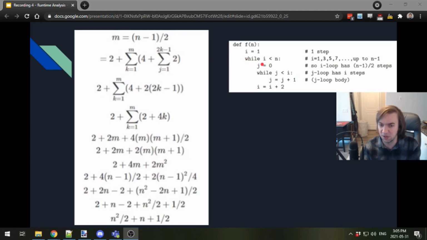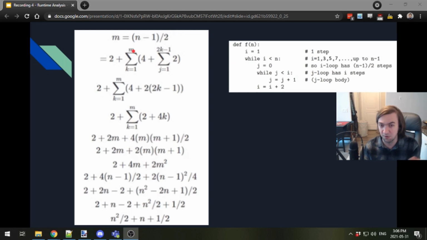So there's a loop here. So the number of steps that go on inside this loop is a summation of how much happens in a single loop, and then that's incremented as we go through each loop, right? Every time that we go through a loop, we have to add up extra work that's done in there. So how many times does this loop go through? Well, assuming that